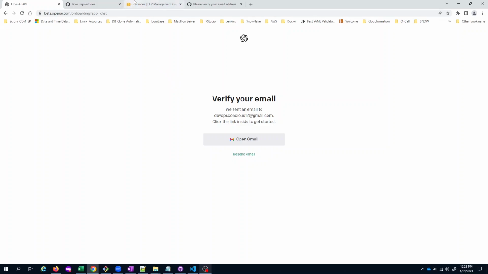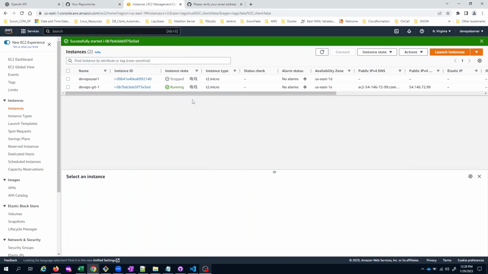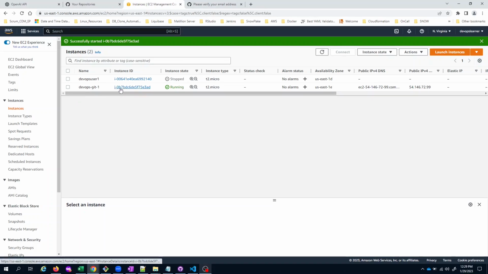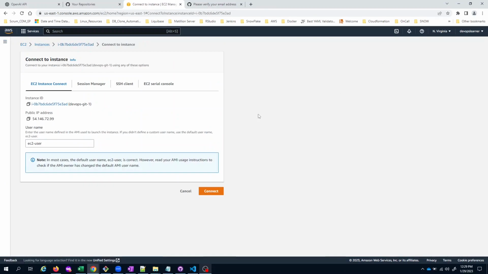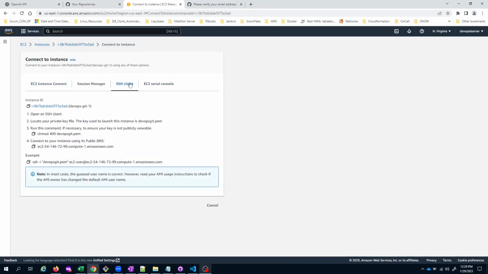So now let us go back to our instance, and we see that our instance is already up and running. I hope you remember how to SSH into our instance. I just go here, I hit the connect button, and SSH client, and I should have this command ready. I'll just copy that command,